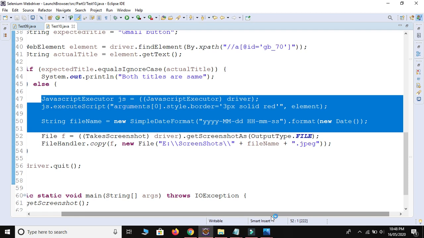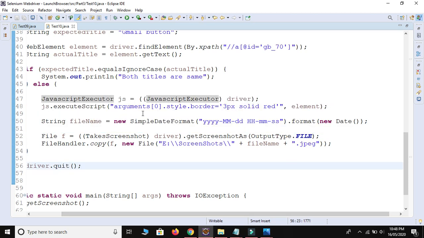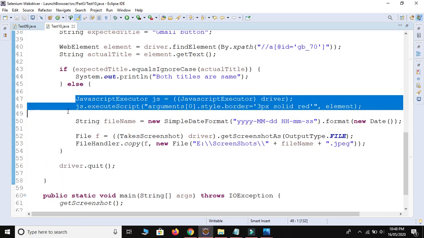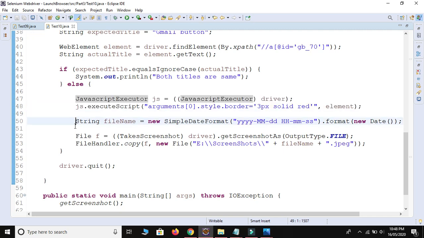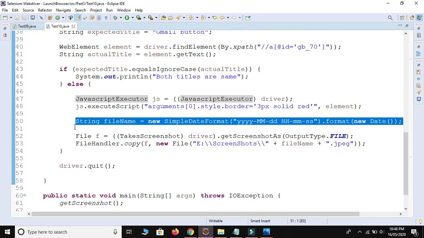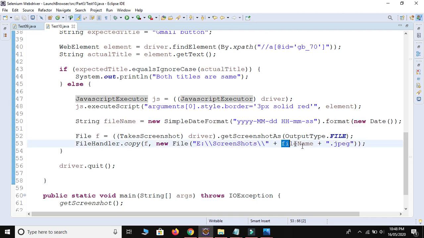Okay, so this 2-line of code is used to draw the border around the web element. And this line is used to take a new file name at each and every second. Just store here, replace, and it depends on you. If you use JPG, IMG, everything is okay, but use only an image format. Okay, or JPG, means any image format.